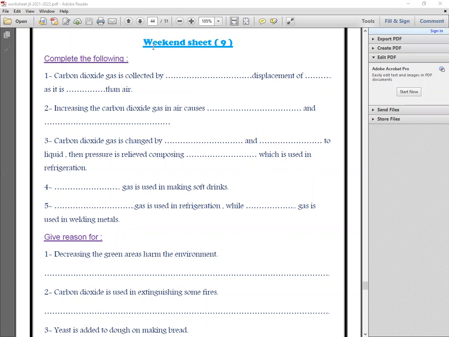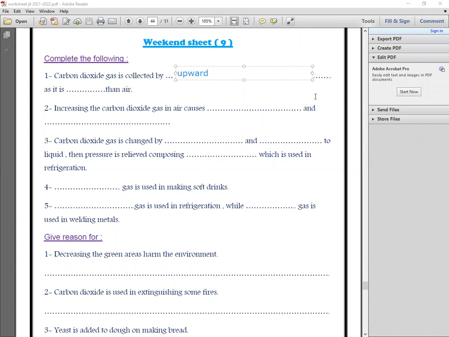Let's start to solve weekend sheet number 9, which is about the carbon dioxide gas. Number 1, carbon dioxide gas is collected by what? The way that is used to collect the carbon dioxide gas after preparations is called what? It is called the upward displacement of air. So the carbon dioxide gas is collected by upward displacement of air,